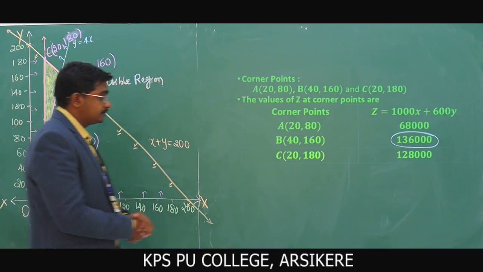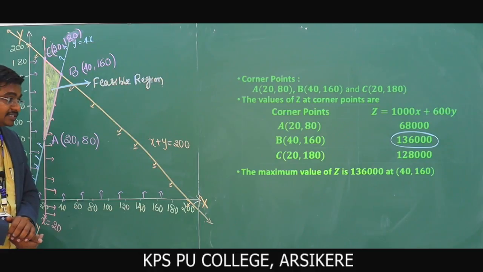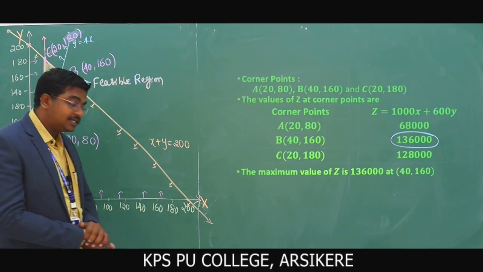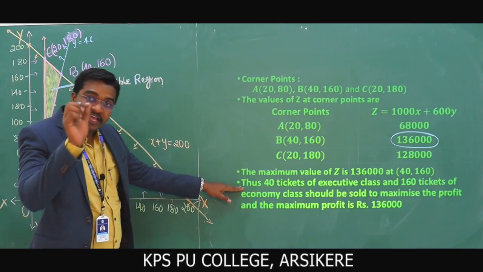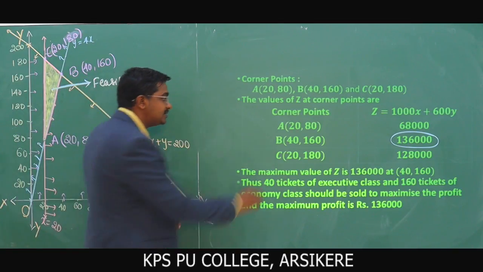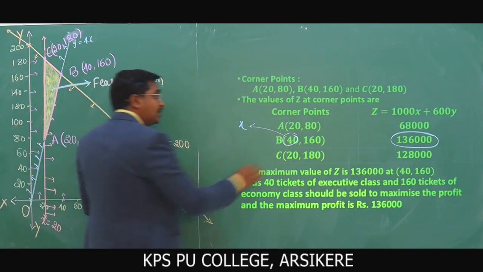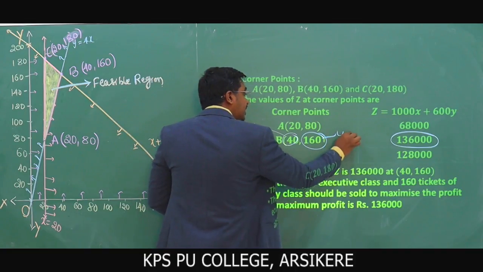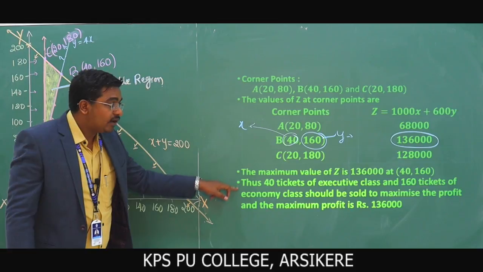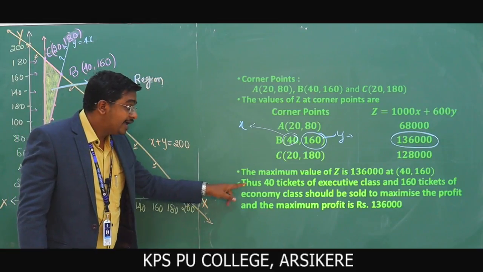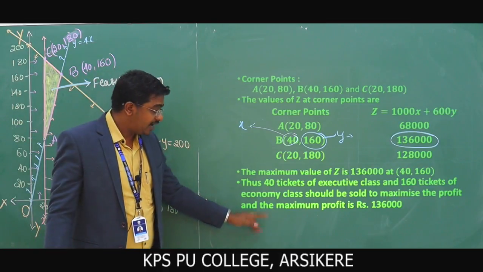Next slide. Therefore, the maximum value of Z is 1,36,000 at 40, 160. Okay, next. Thus, 40 tickets of executive class, because what is x here? X is nothing but executive class tickets and 160 is y, that is economy class. Thus, 40 tickets of executive class and 160 tickets of economy class should be sold to maximize the profit, and the maximum profit here is